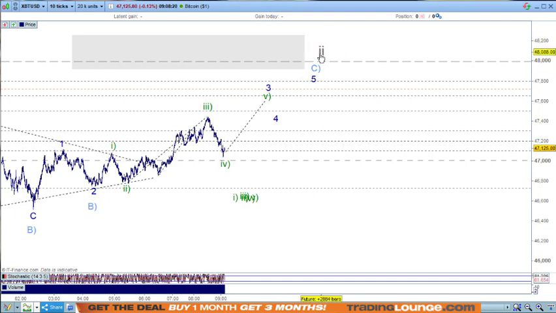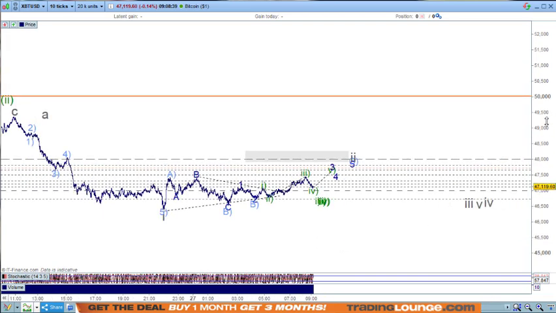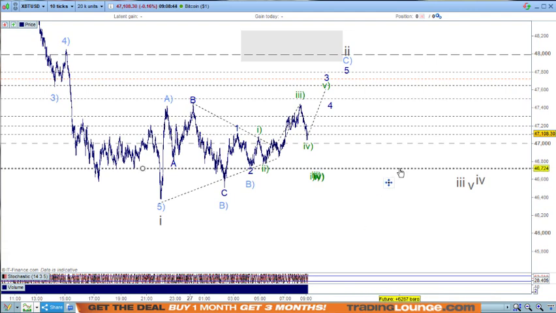I could easily be wrong here because I don't know. This does not look like it's in 5 waves. It looks like it's in 3. So it looks like an A, B, C, D. The other way around, actually. Yeah, but still the B wave here. So anyway, just splitting hairs, but I thought I'd show you that. And it's all about this